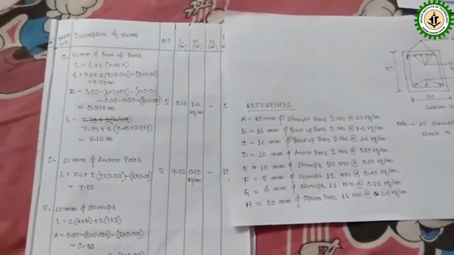So the reduction will be 2 into 0.008 meter. But from the section you can find that between two bent up bars in the bottom there is a straight bar of 20 millimeter, and also there is a spacer bar of 20 millimeter. So those also we have to deduct from the height. So for that particular straight bar 20 millimeter diameter and spacer bar 20 millimeter diameter, those we have to deduct